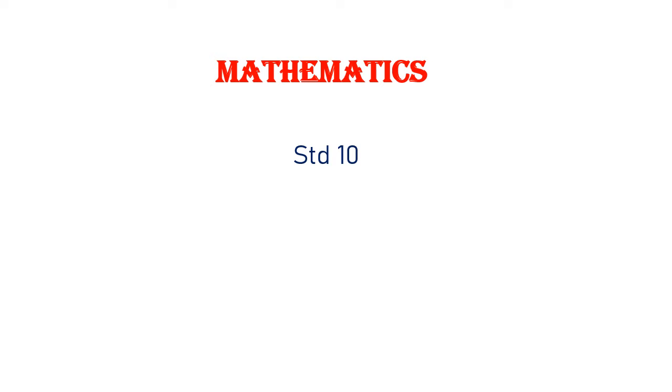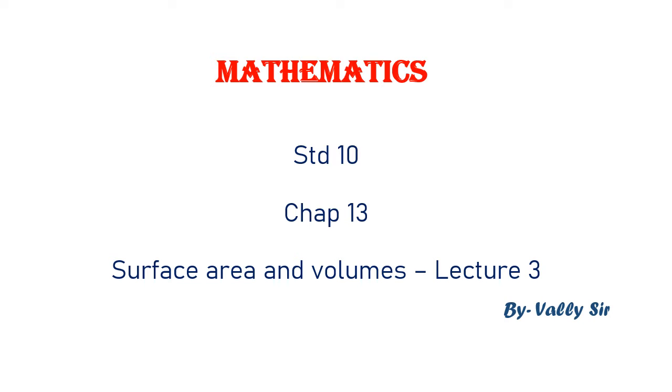Good morning friends. We have been dealing with the chapter of surface area and volumes, right? We have done the cuboid and the cube. We have learned the lateral surface area and total surface area of a cuboid and a cube, and we also finished the cylinder. So we saw in the last lecture how the cylinder is formed. Yes, and we did a few sums on the cylinder.